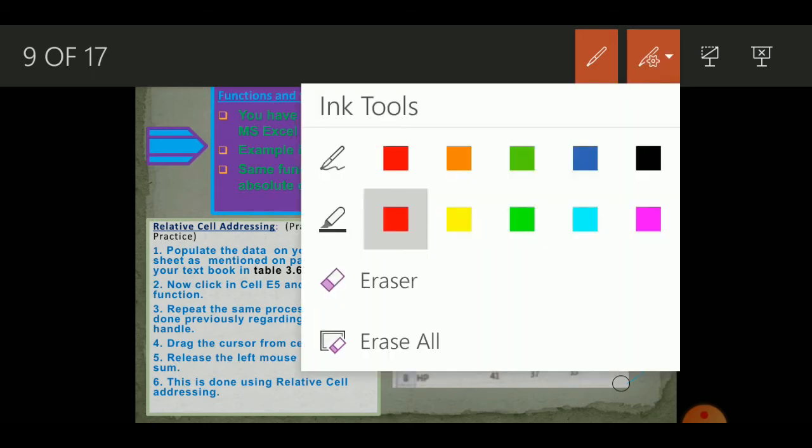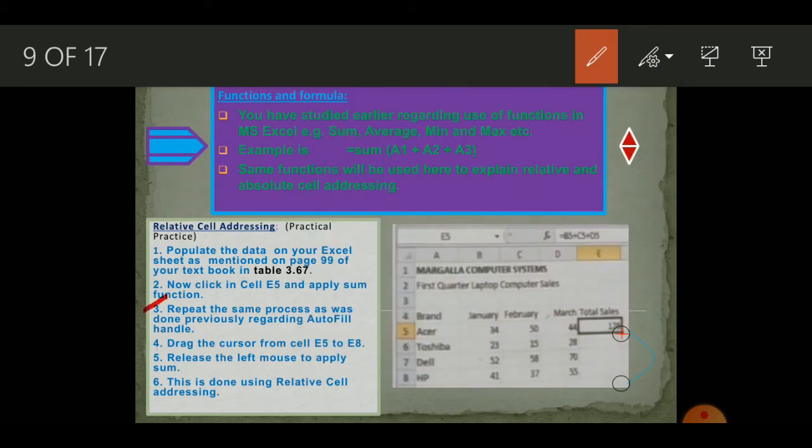The other way that we used to do in the previous class was just place the equal sign, not even the function, write the name of the cell B5, then plus sign, then the next cell's value, which is C5, and then the next cell's value after the plus sign, which is D5, and close the bracket. This is a manual method which is really time consuming. So the efficient way is to use the function, which is SUM. Okay, so by that the processor knows that we are going to add values. Now we have to just give the references of the cells.